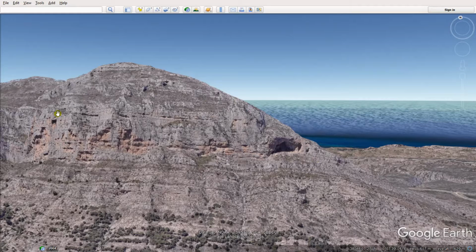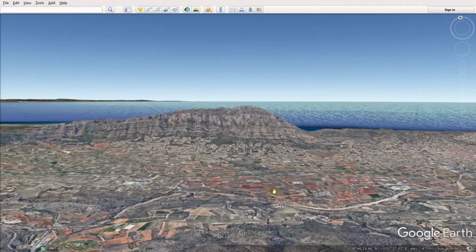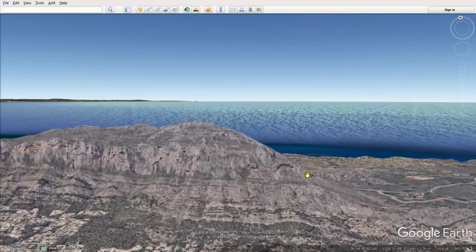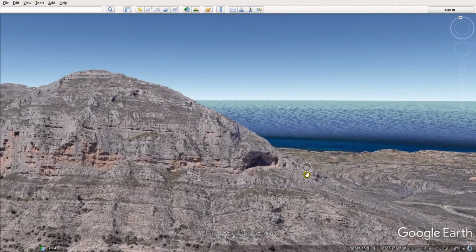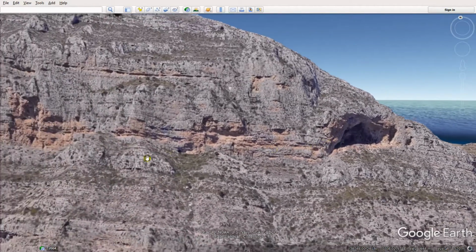Now the problem with this is the detail is there, but if you were to try and come in and take a look at the mountain after having seen some of my videos, if you come out here, you might be thinking, yeah, it doesn't look like much of an elephant to me, right? And even if you got in a little closer, you have to get in right up next to it before this slowly disappears. And then you can start to get in and see the detail that I showed in the